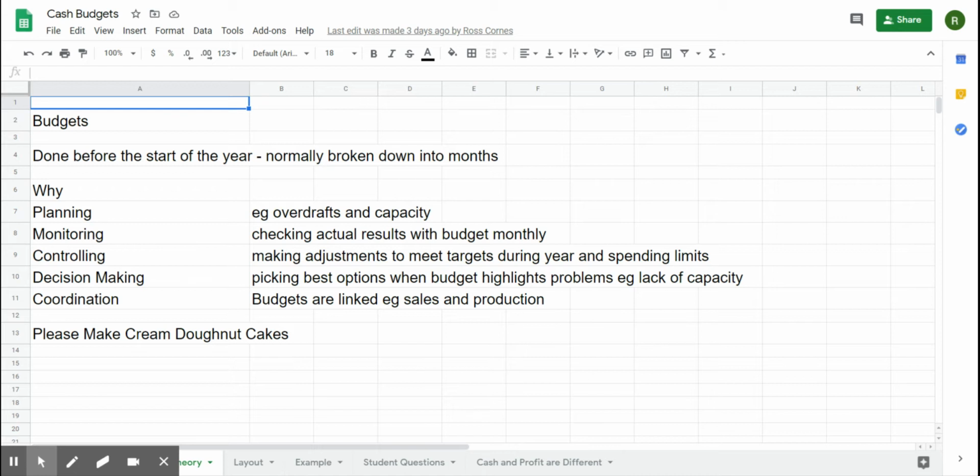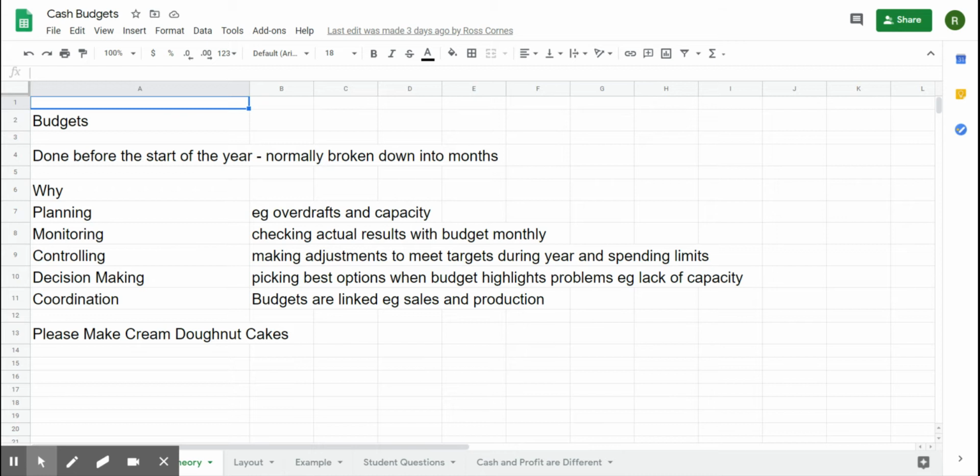And ordinarily, if you work in a business, you would also split that budget. So you do a budget for the whole year and you would split that down into months. And it's quite important to look at it in terms of months if you've got seasonality. So what we mean by seasonality, for example, in the UK, if you are a toy shop, by far and away the majority of your sales are going to occur in November and December when parents are buying presents for their children.